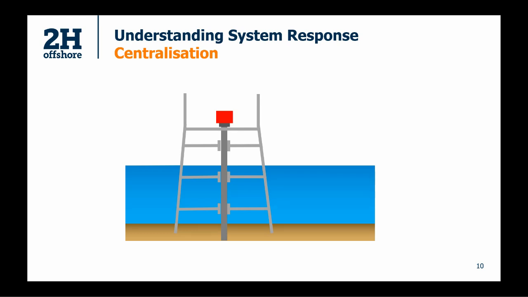So this is a typical well, it's got a few different guides. If we have a very tight level of centralization, so a very small radial gap, we're not worried about the system buckling anymore, but it will still take a deflected shape as the wave loading acts on it. And you can see here that because we have a tight centralization, as the conductor passes through the guides, it has to be located centrally within the guides because there's no room for lateral movement.